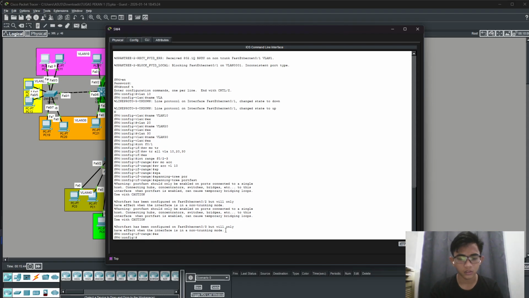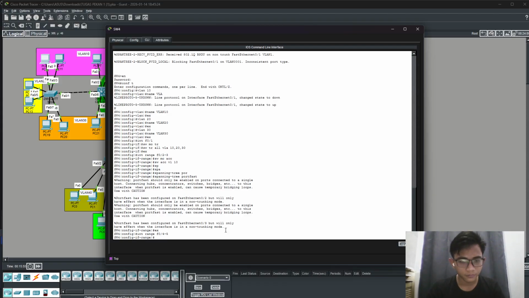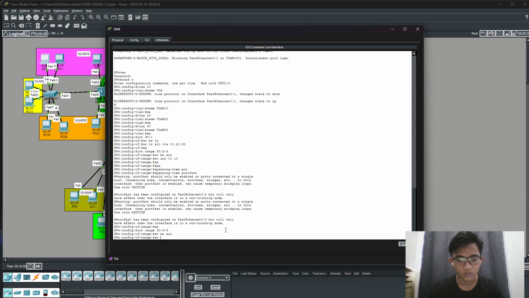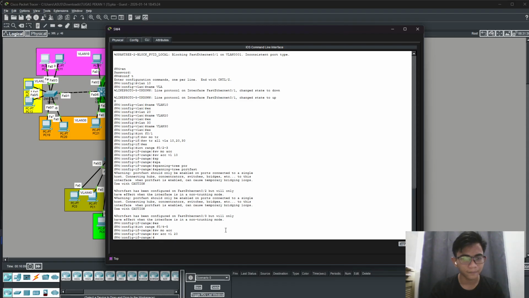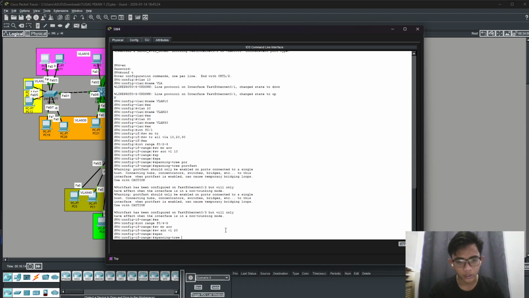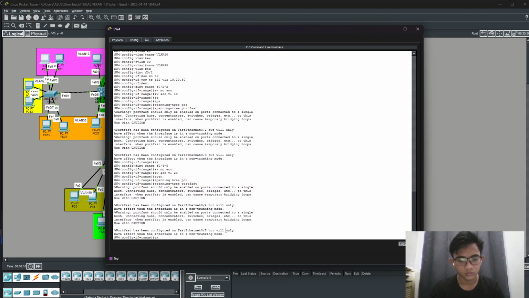Okay, exit. Now interface range F0/4 until 5. Switchport mode access, switchport access VLAN 20, and spanning-tree portfast. Exit.